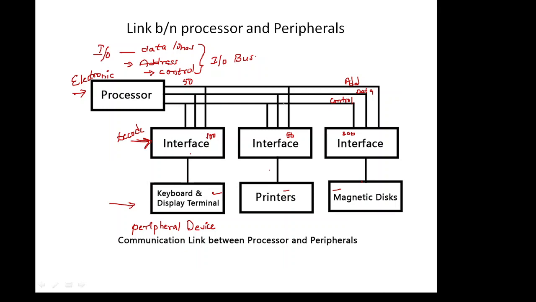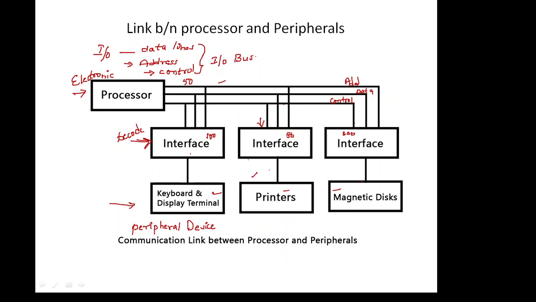The control bus identifies that 50 and activates the interface attached to the printer. It also synchronizes the data flow, and it supervises the transfer between the peripherals and the processor. That is how we see the importance of an interface. Here each peripheral has its own controller that operates these electromechanical devices.